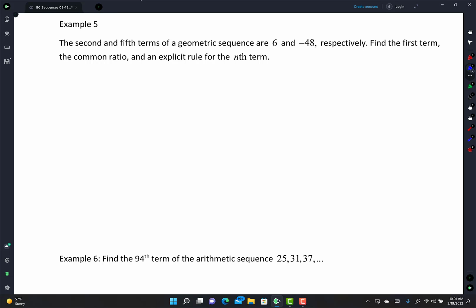It says the second and fifth terms of a geometric sequence are 6 and negative 48, respectively. Find the first term, the common ratio, and an explicit rule for the nth term. Oh man, I don't know. So we know a sub 5. All right, let's see what we know. So this negative 48,